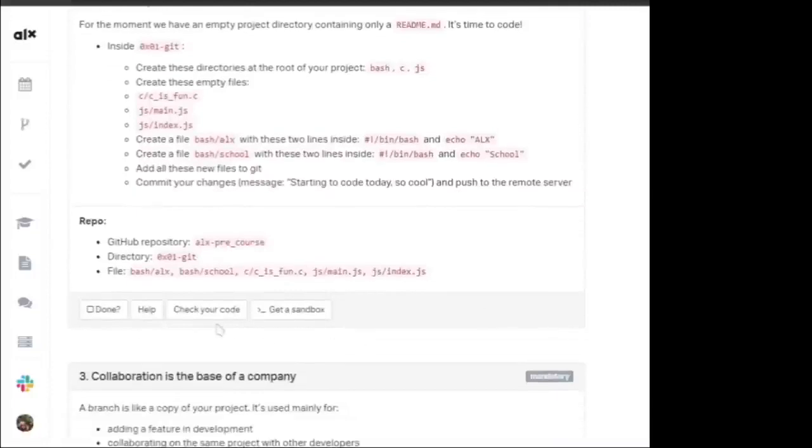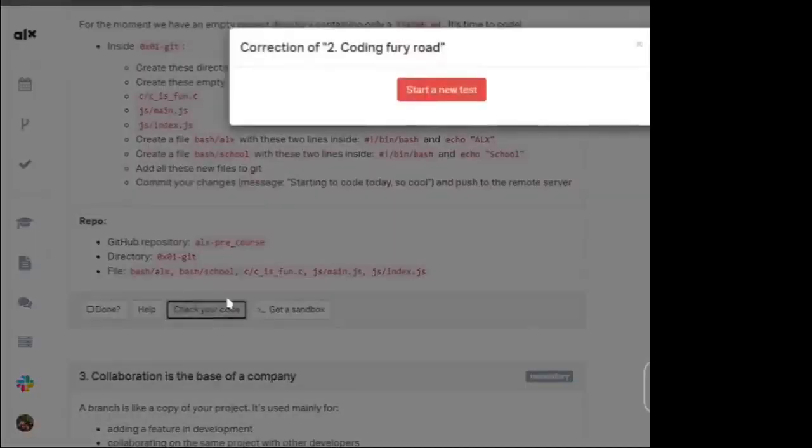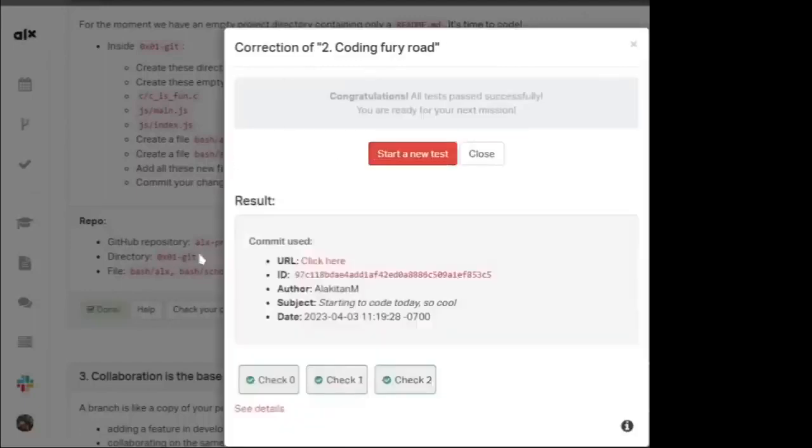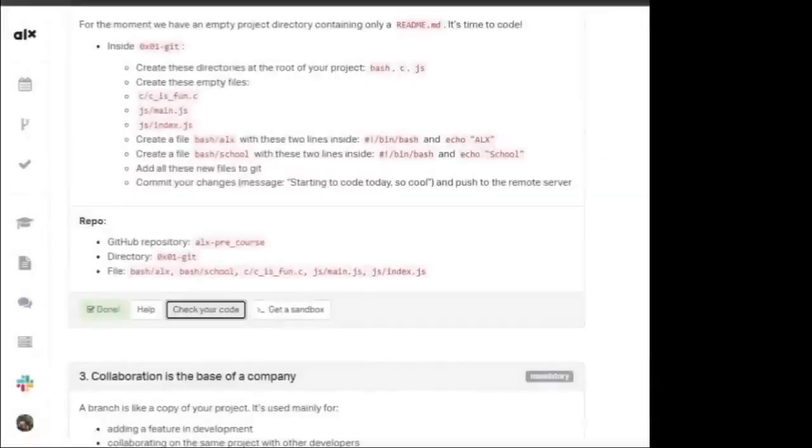So you click on check the code. So you start a new test. Yeah, so you can see everything checks, no errors. So close that. Then let's now move to